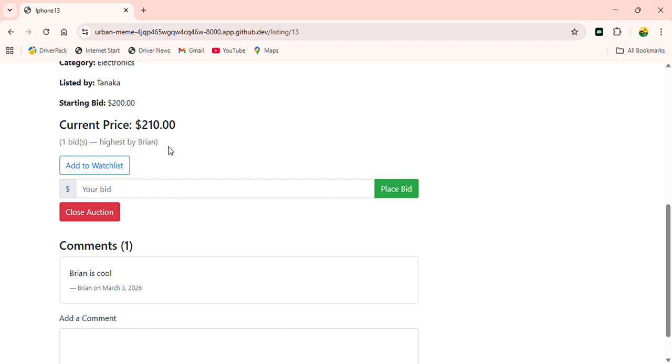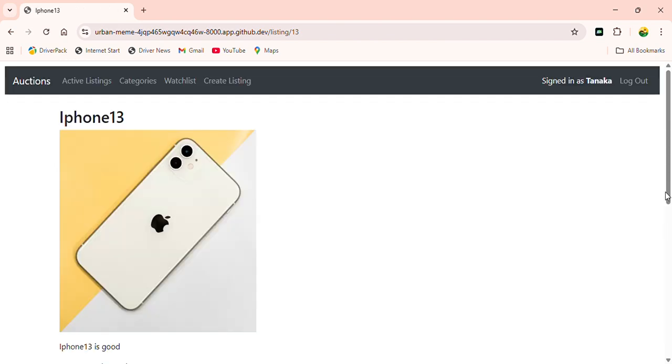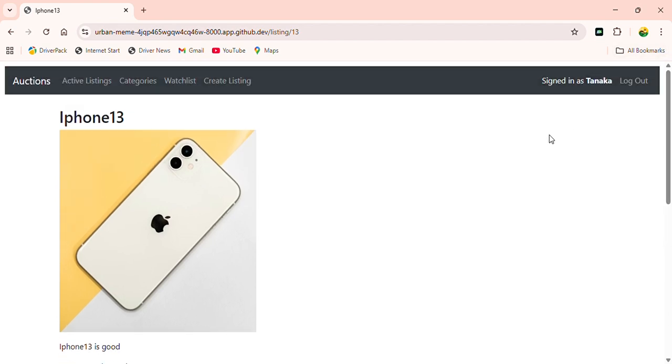So now I'm satisfied with this bidding auction. I'll close the auction, and whoever is the top bidder should get the prize. And when I click close auction, we can see that the winner is Brian. The auction is closed, and here's Brian's comment as well. I can see it from my view. And now all this is cool,